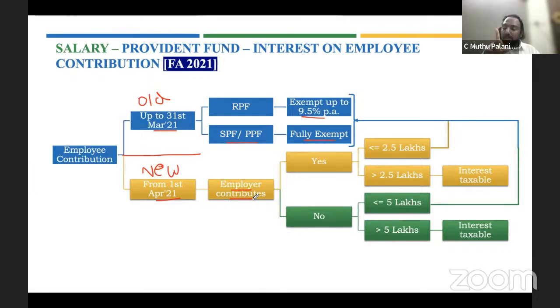If employer contributes, then follow this LO series. If employer does not contribute, follow the green series. So what is the LO series? If employer contributes,